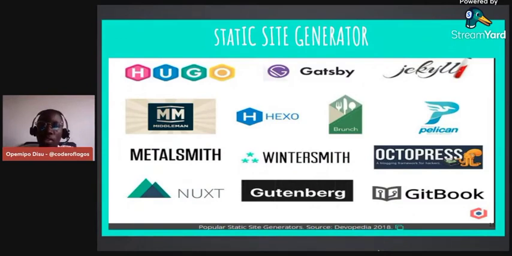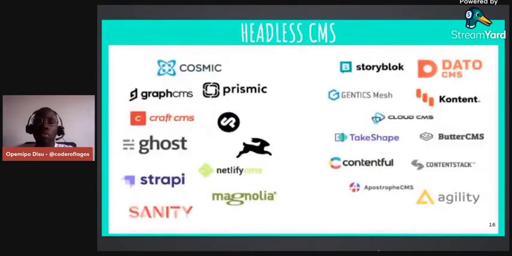We have Gatsby, Jekyll, Nuxt, and many more actually. These static site generators are very helpful, and they've helped make the Jamstack accessible.